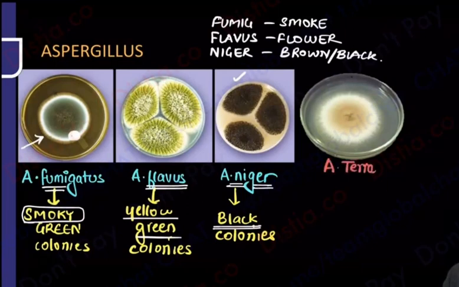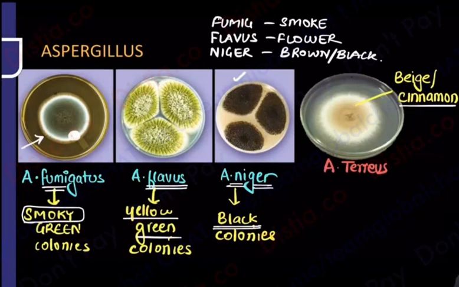Now, what is this? Firstly, you can see the color that you're getting. It's a beige color. For those who don't know what a beige color is, I'm sure all of you have seen cinnamon. Yes, you've tasted cinnamon. Cinnamon is also brownish. So it's a shade of basically a whitish brownish color. So how have I learnt it? Aspergillus terreus, tea. Cinnamon tea is very famous. All of those who are tea lovers, I give very few tea mnemonics.